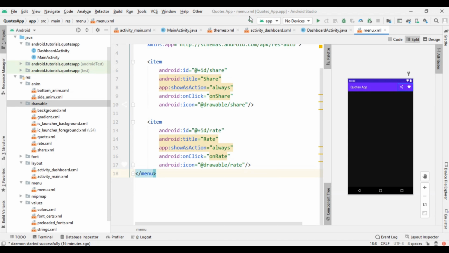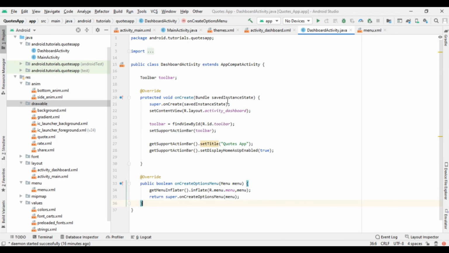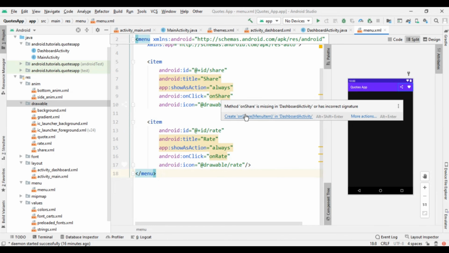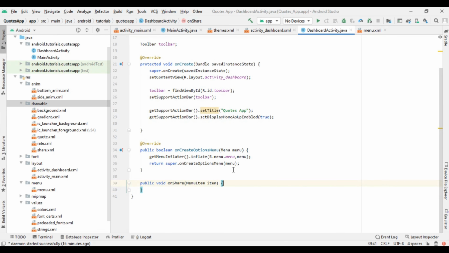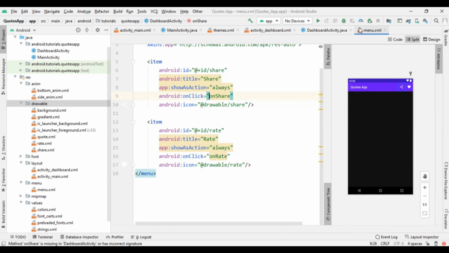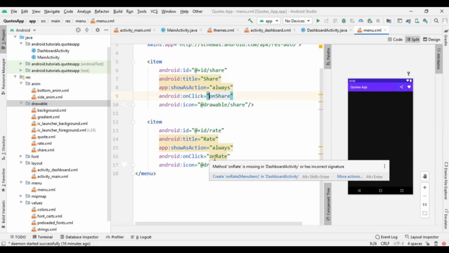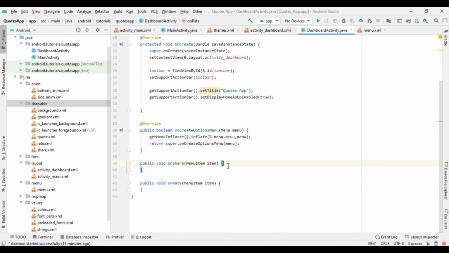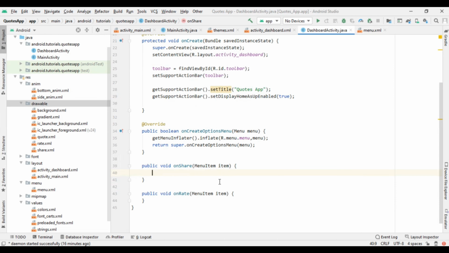So after that we have to implement the on click listener. So click on that and create on create menu, sorry, on click listener, and then again come to this and for on rate. Now here we have to implement the code that we want.